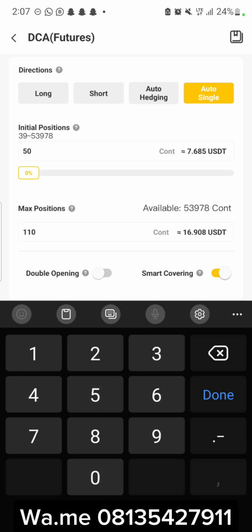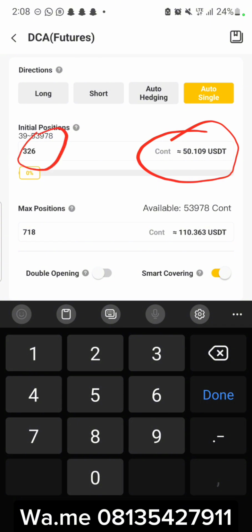Let's put 200, it gives us 30. Let's put 300, it gives us 46. Let's put 350, it gives us 53. So we are looking for 50, so let's go down. 314 gives 46, 330 gives 52, 50.7 is still a little high, so let's go to 325. It's up, 326. Wow, so you can see now it's very cool like this. 50.1 is good. So look at this, you understand, it's a very good go.